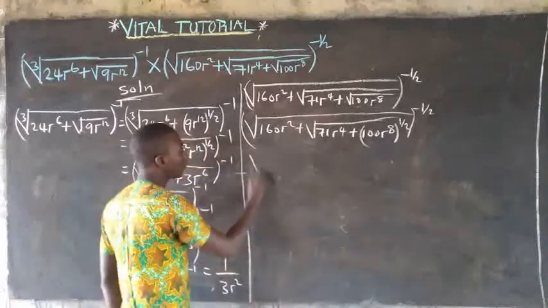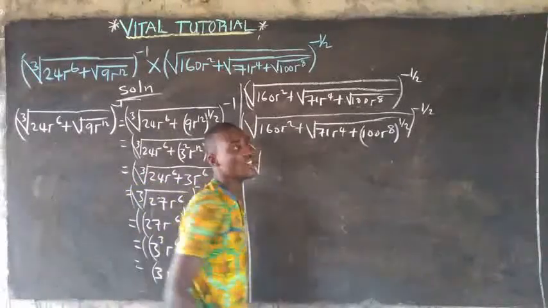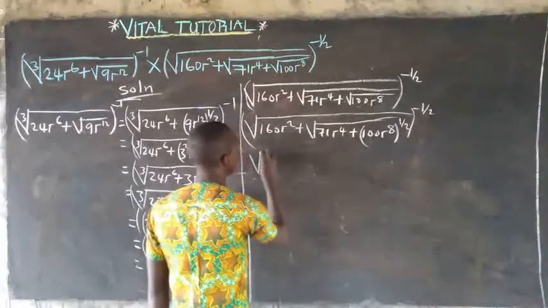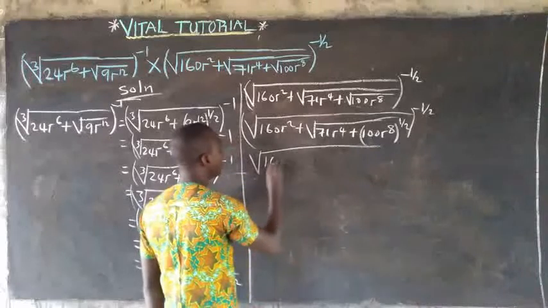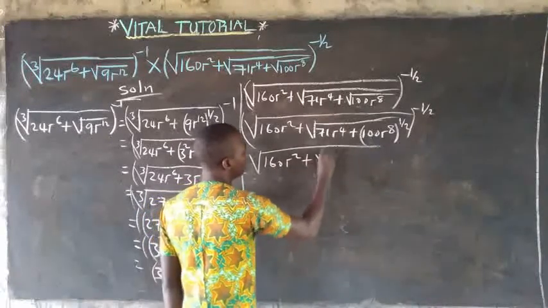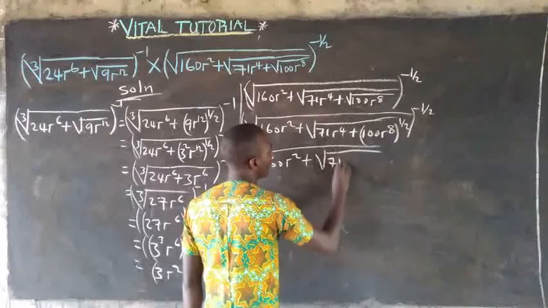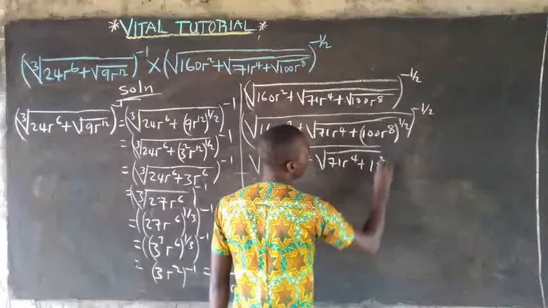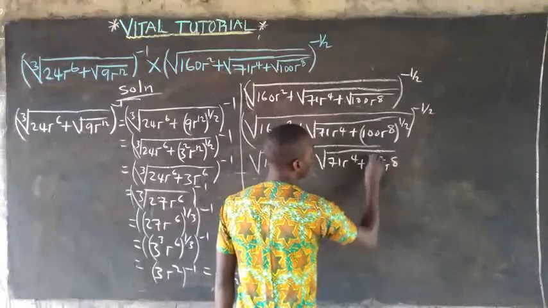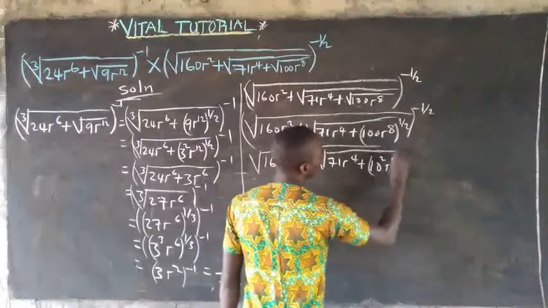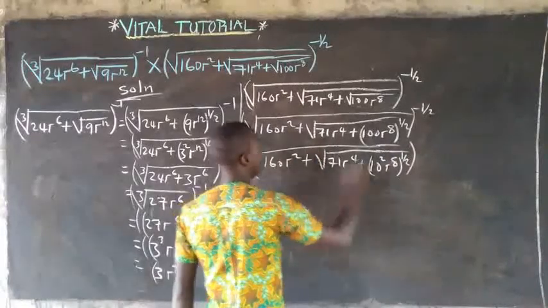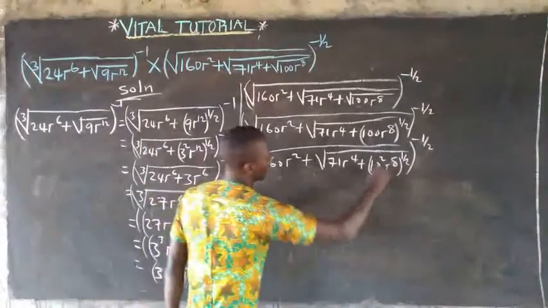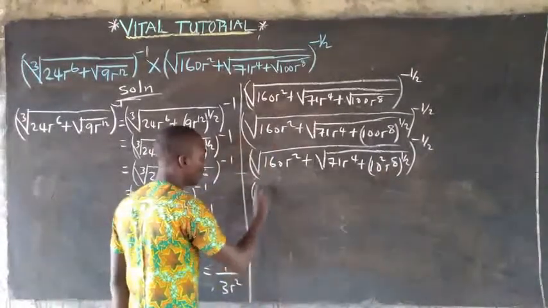So, as you can see again, this 100 can also be written as 10 to the power of what? 2. So this will be 160 r to the power of 2 plus the square root of 71 r to the power of 4 plus this 100 will change to 10 to the power of 2 r to the power of 8, to the power of 1 over 2, to the power of minus 1 over 2. So power will times power again. So this will give us nothing but